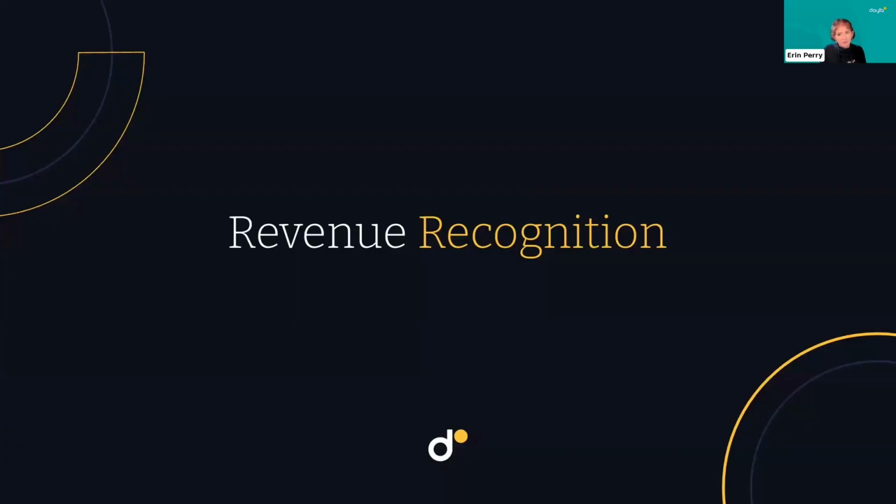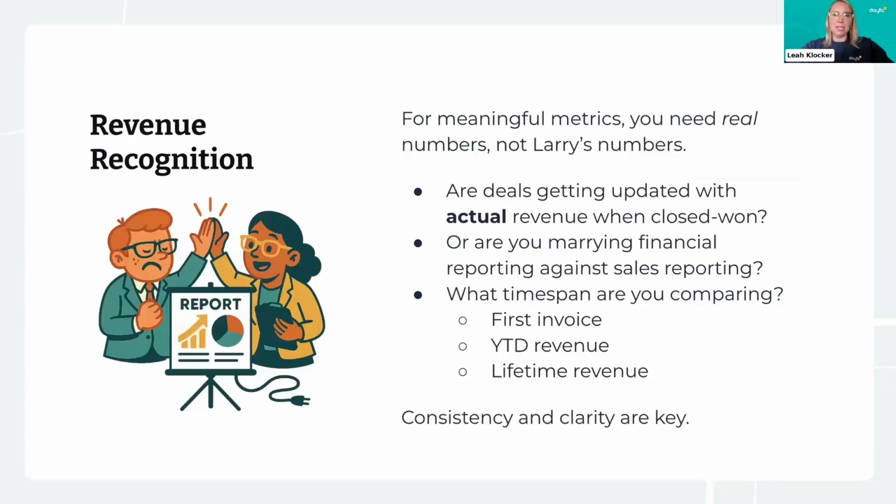All right, now on to the final, most fun part, which is getting paid. Happy I get to speak about that slide. So for revenue recognition, when a deal is marked closed won, is your system actually accurate? Sometimes we see teams rely solely on what has been entered in the CRM for deal size or projected revenue, and it's never reconciled with what finance actually bills or collects post-sale. So for example, your CRM says $500,000 for a sale, but only $358,000 was billed.